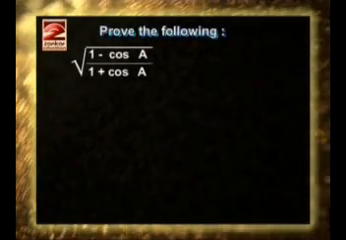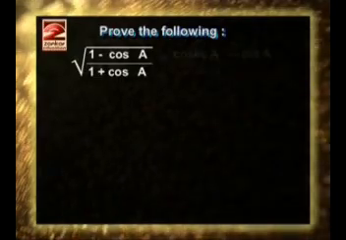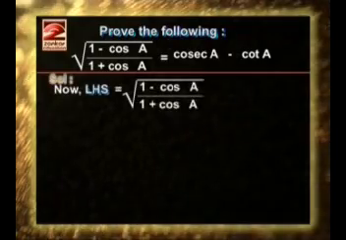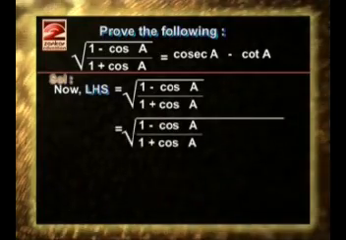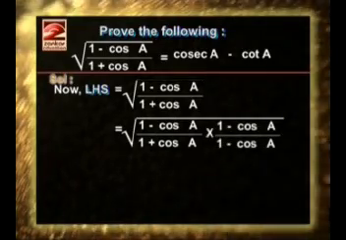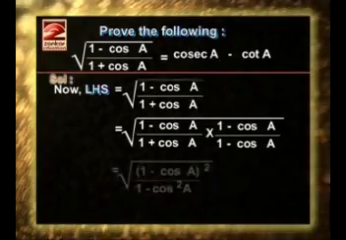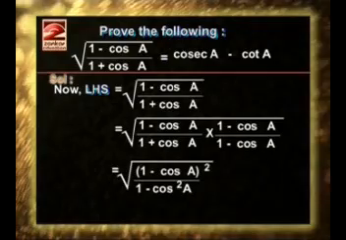Now the question, prove the following. Under root 1 minus cos A upon 1 plus cos A is equal to cosec A minus cot A. Now LHS is equal to under root 1 minus cos A upon 1 plus cos A, that is equal to under root 1 minus cos A upon 1 plus cos A multiplied by 1 minus cos A upon 1 minus cos A, that is equal to under root 1 minus cos A the whole square upon 1 minus cos square A,